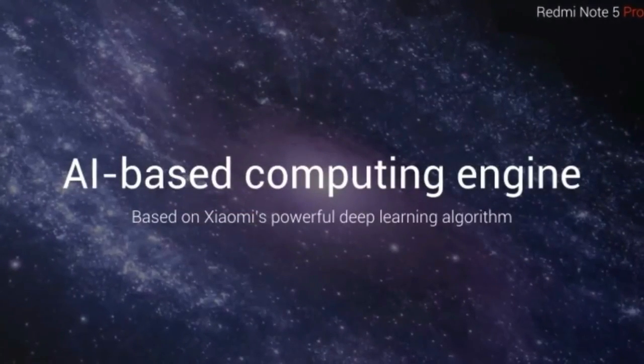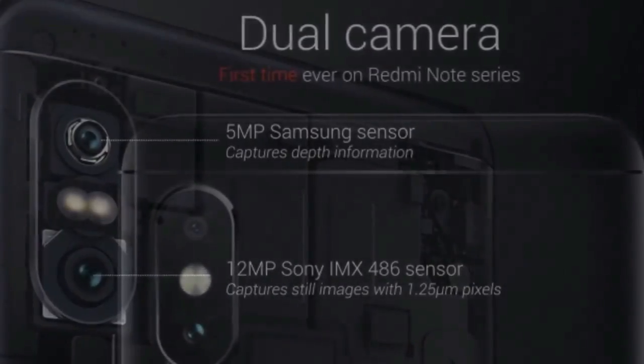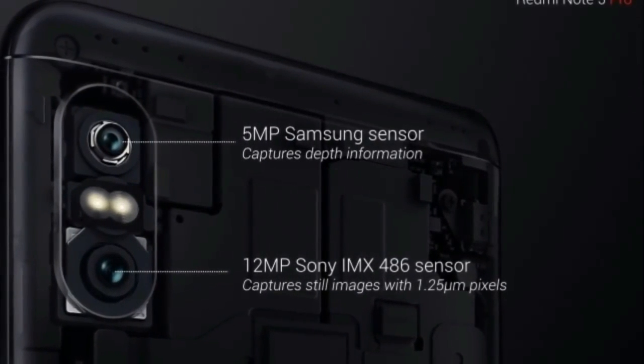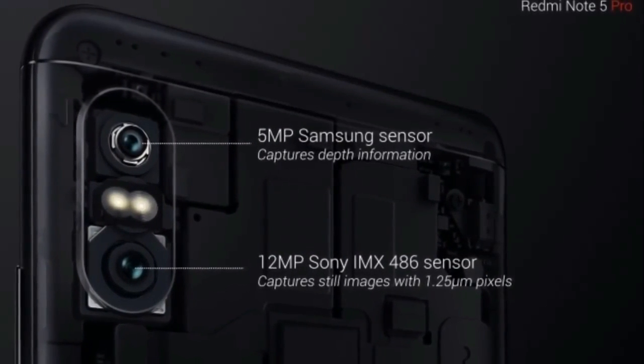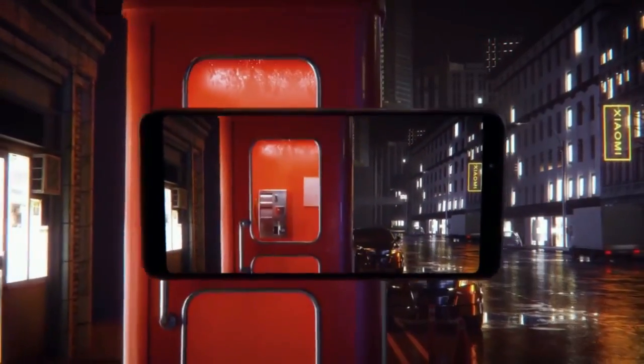Another cool feature that has been added on the Redmi Note 5 Pro is an AI-based face unlock feature. It will be made by the end of March. It is equipped with other features like a hybrid SIM slot, that supports dual SIM and micro SD card, micro USB,